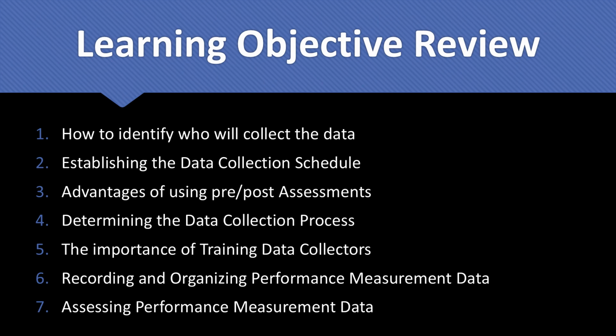Number 7, assess performance measurement data. Use the data for program improvement. Using data for decision-making encourages a culture of learning. The organization can explore whether there are gaps in the service so that the program can extend its reach. The grantee can use the collected and analyzed data to determine how to increase the program's effectiveness in achieving output and outcome goals. And finally, the program can use the results of the analysis to help build the evidence base for the program.